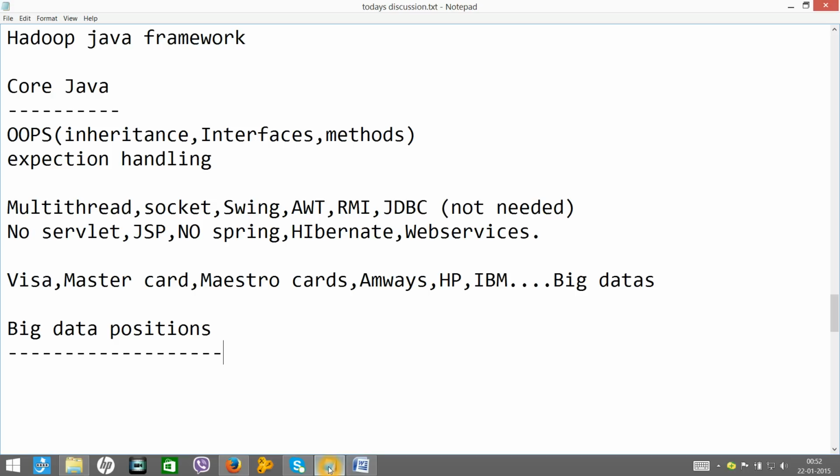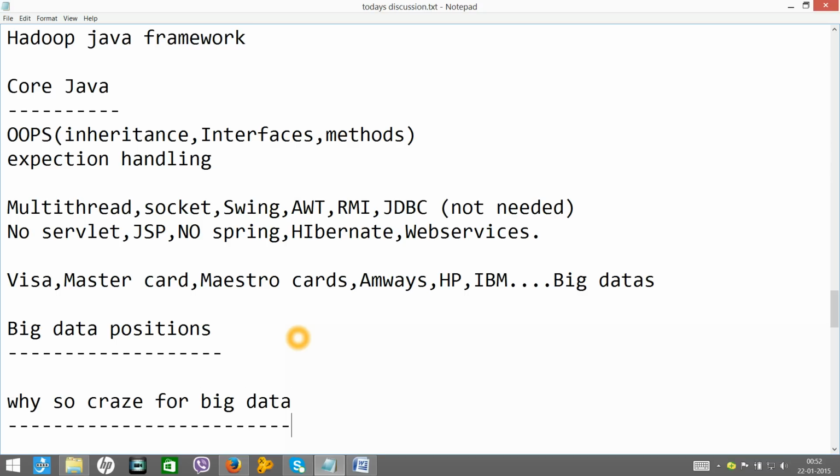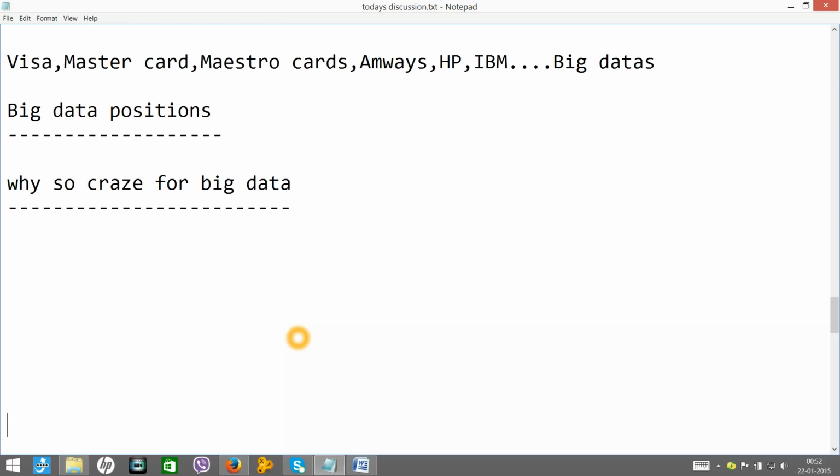Now, next thing, why is there so much craze for big data? The reason is we don't have sufficient resources.